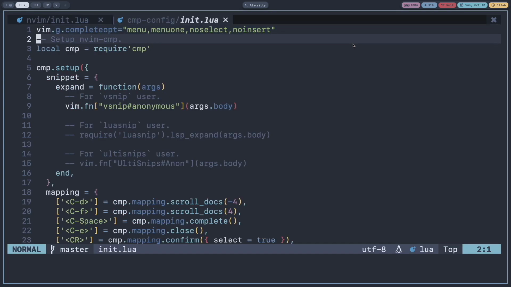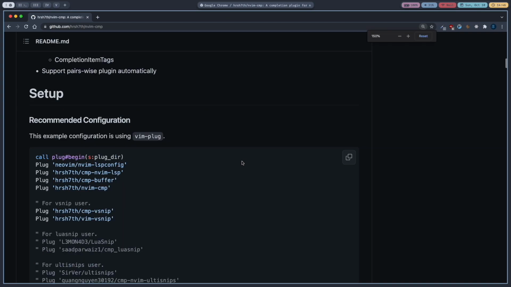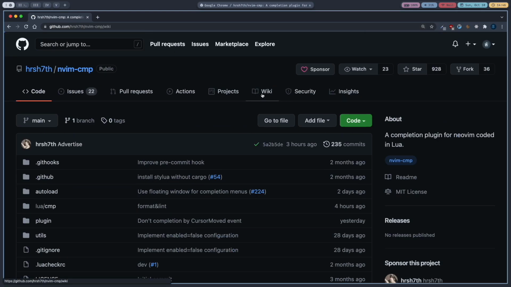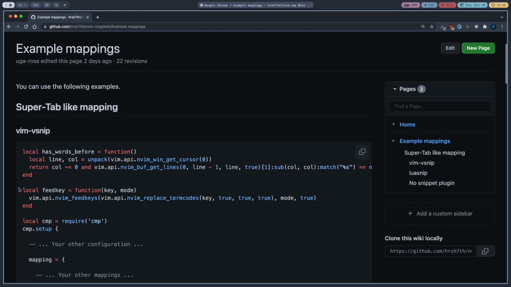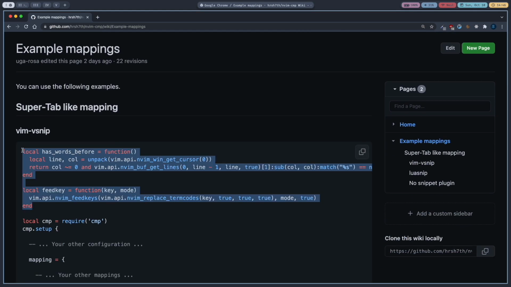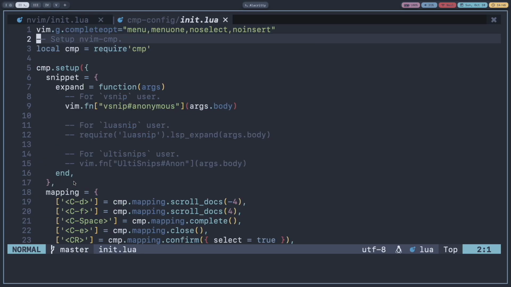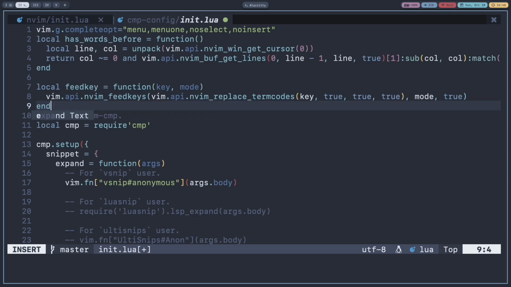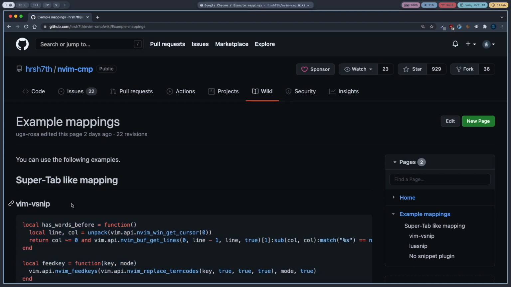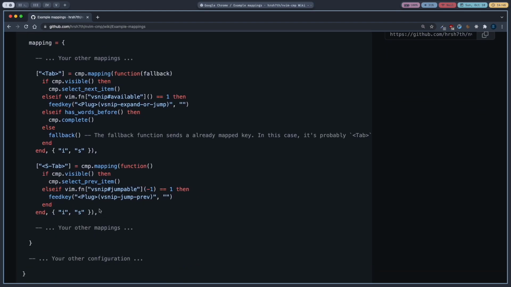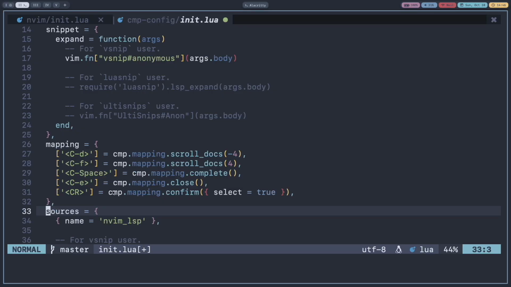So open CMP, and then over here in the GitHub page, go to the top and go to wiki, and then example mappings, copy these functions at the top, and then I'll just paste it here, and then at the end in the mapping section you need to copy these lines, and then I'll just paste everything here.